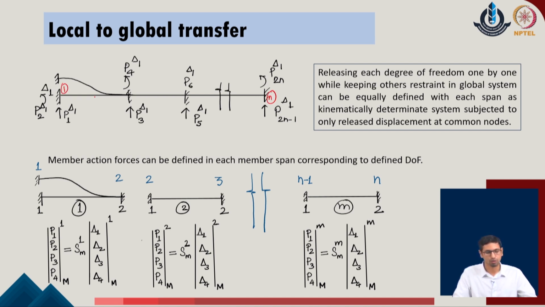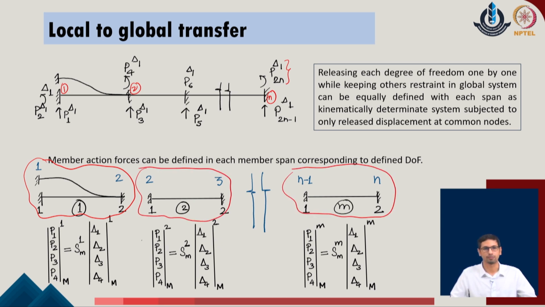So, starting with node 1, node 2 and up to node n, we have a total of 2n degrees of freedom in the given problem. Now, corresponding to any particular deformation which we provide to an individual degree of freedom, individual members can again be broken into the similar manner, and they will also be defining the contributions of their own corresponding to the given system. So, when we apply delta 1, we realize that the contributions will only come to member 1 and all remaining members will not be contributing anything to the stiffness parameters.